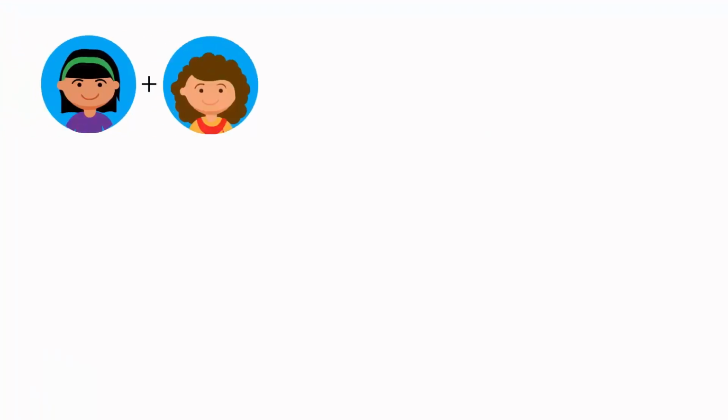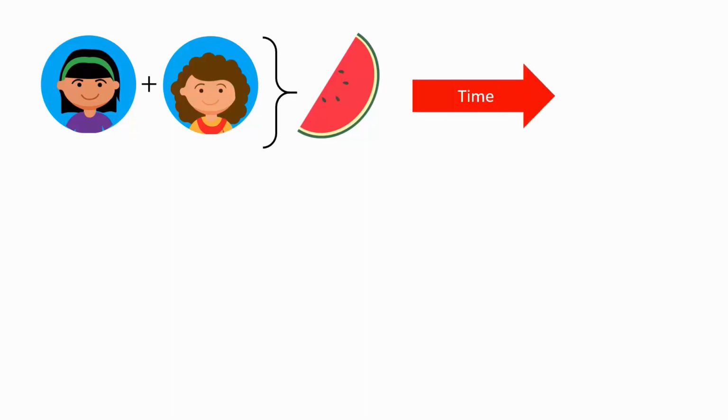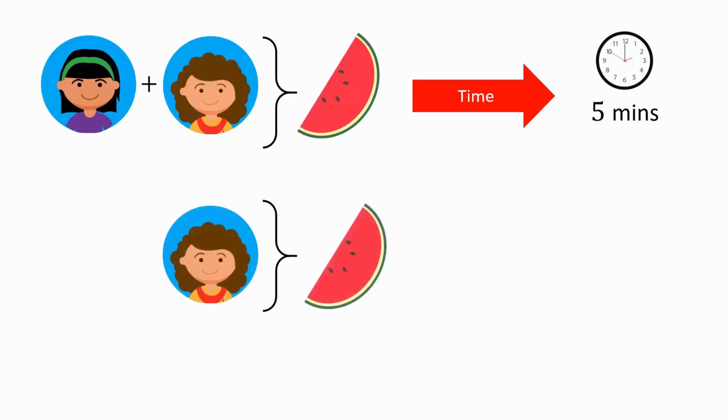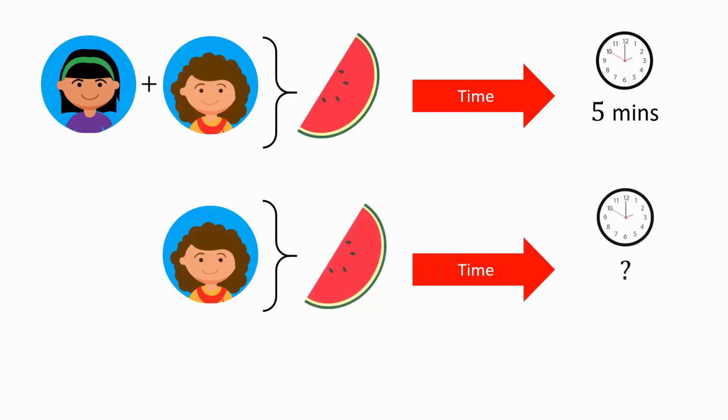Suppose two girls are eating a slice of watermelon and they manage to finish it in 5 minutes. If their speed of eating is the same, how long will it take one girl to eat a slice? Will it take more time or less? It will take more time for one girl to eat a slice than it will take two girls to eat